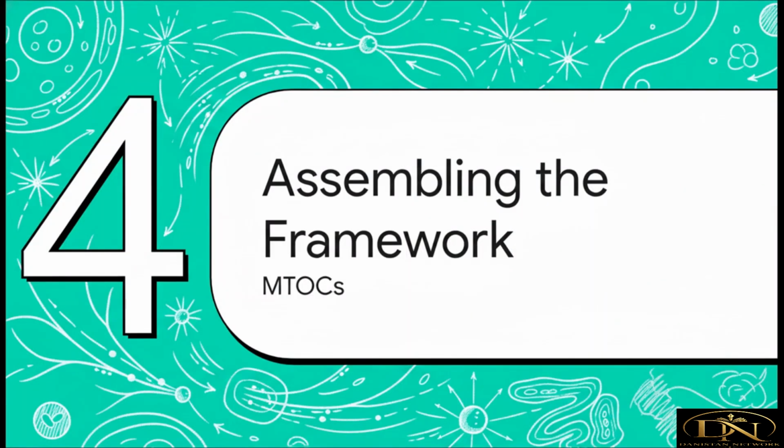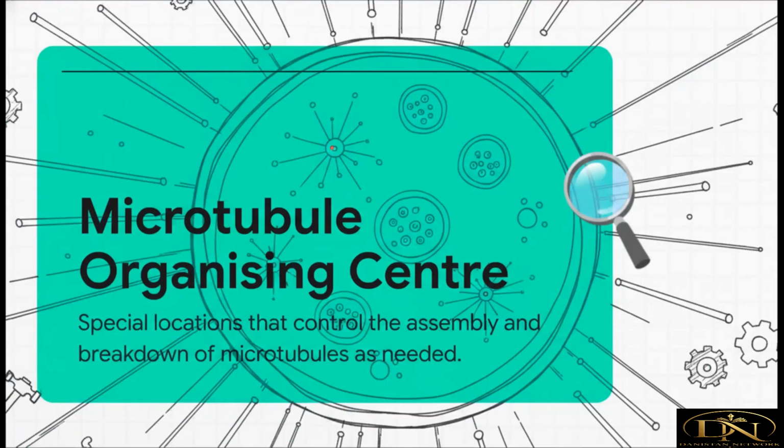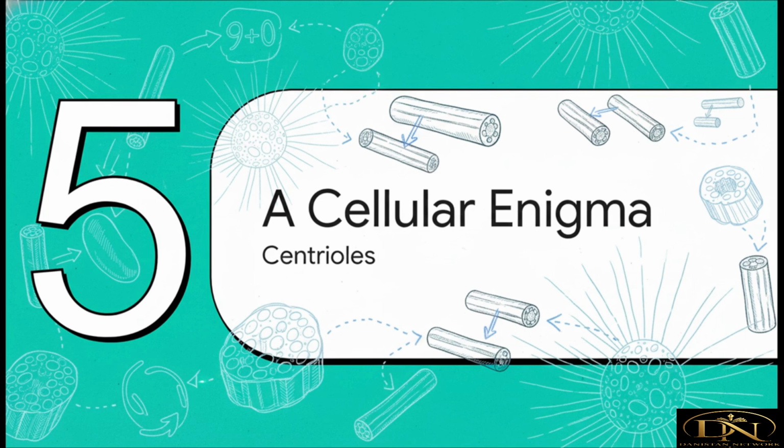So how does the cell even manage this huge network of highways? I mean, who's in charge? Well, this is all controlled by special locations called microtubule organizing centers, or MTOCs for short. They're the ones that control the assembly and breakdown of microtubules whenever and wherever they're needed. And that brings us to this fascinating and honestly kind of mysterious structure that's associated with MTOCs in animal cells,